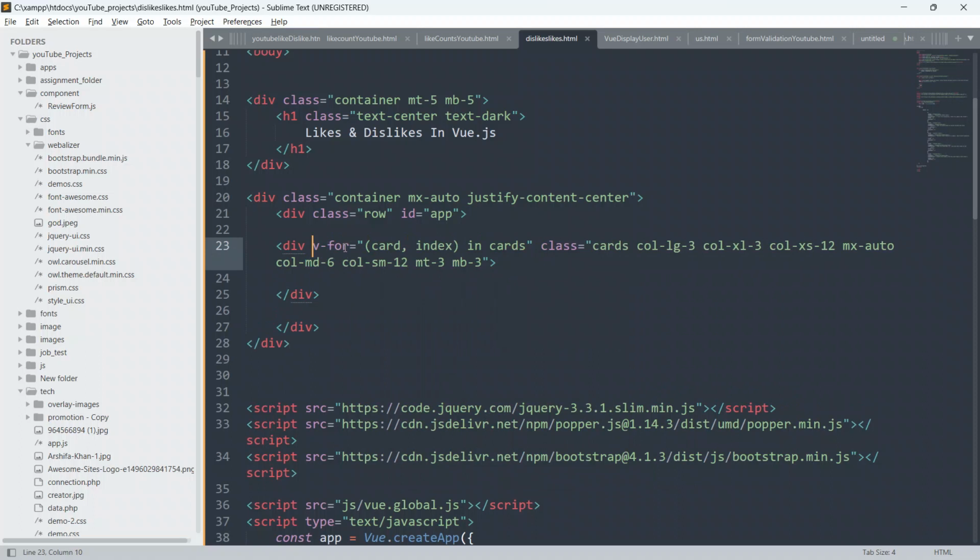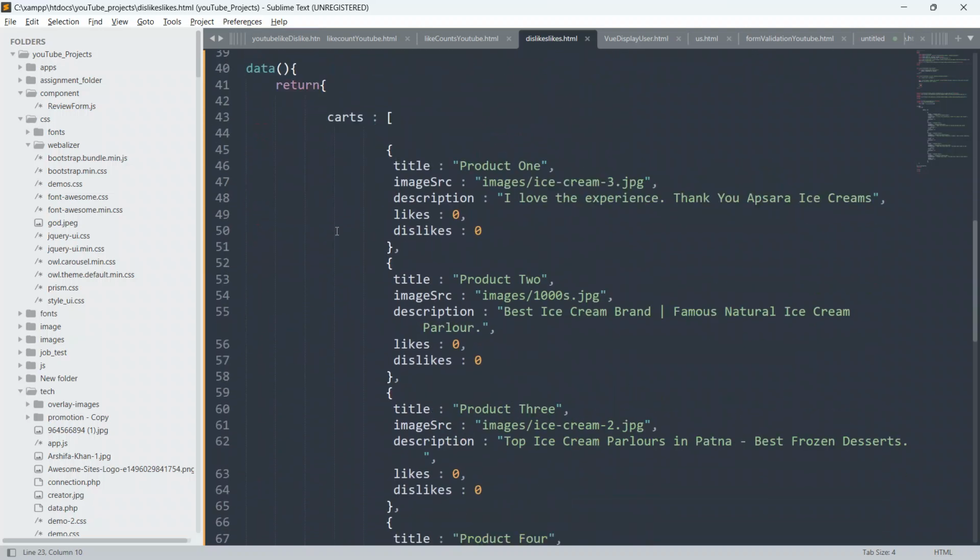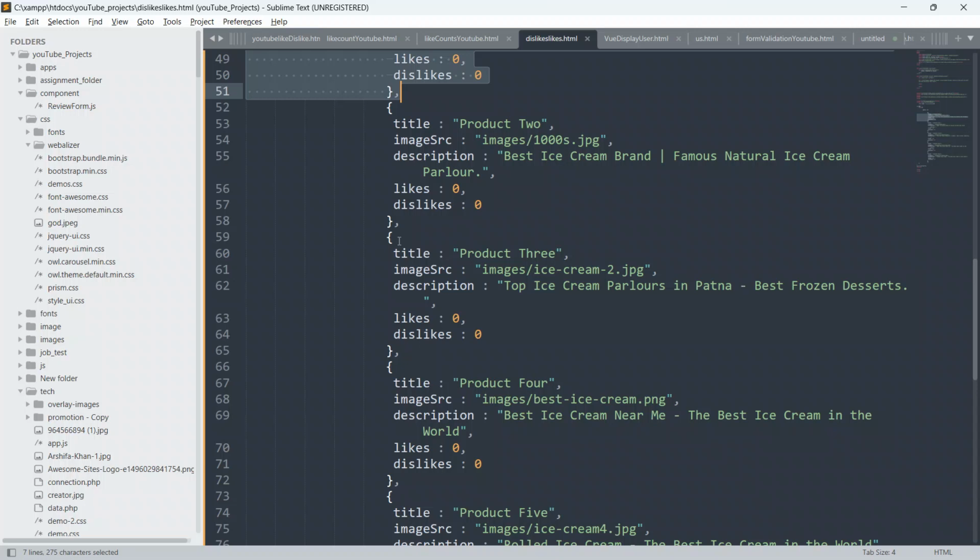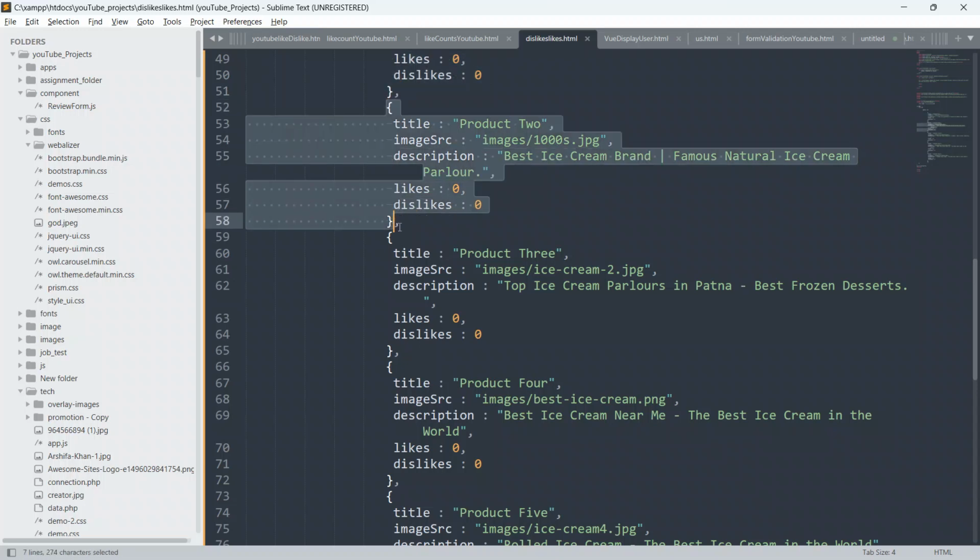This v-for will work like a for loop or a forEach loop in JavaScript. It will loop through this cards array and display each and every product one by one in the UI.